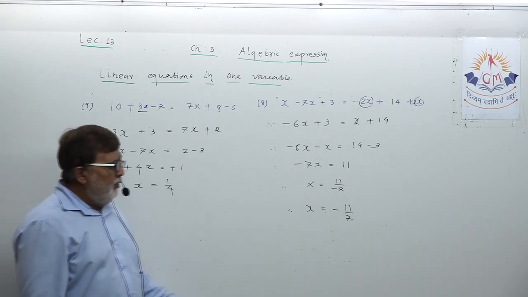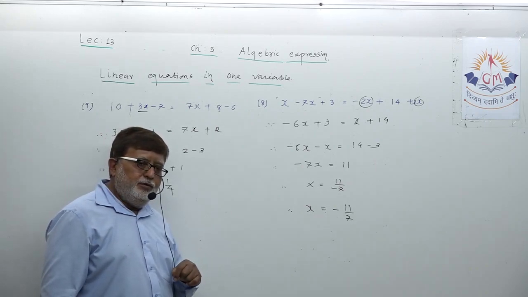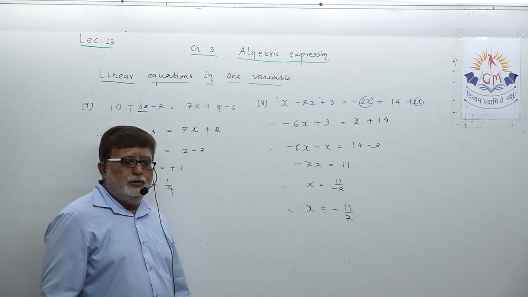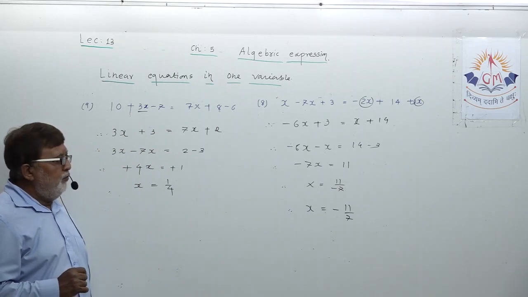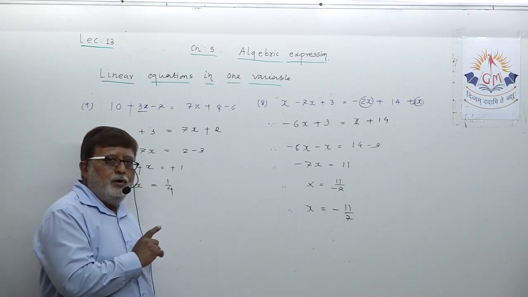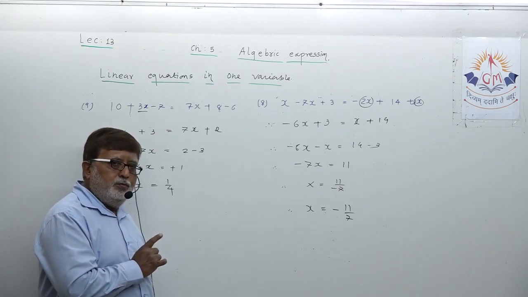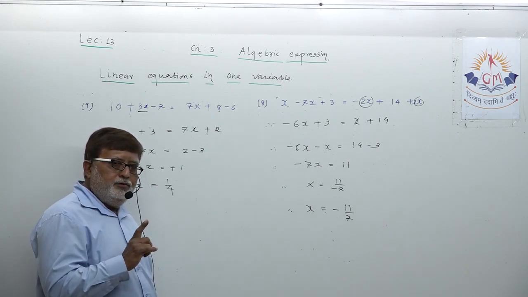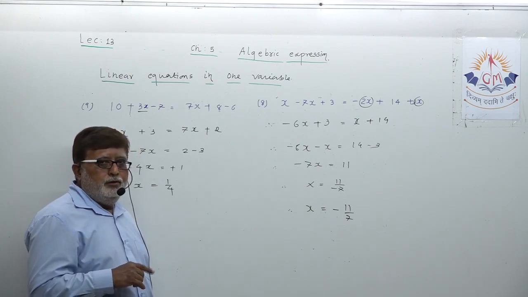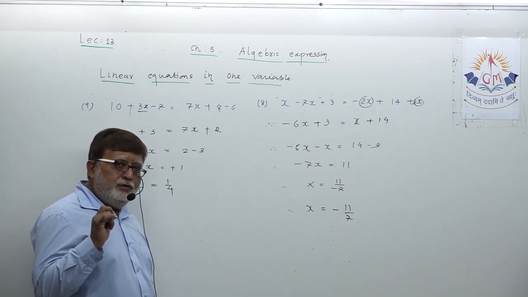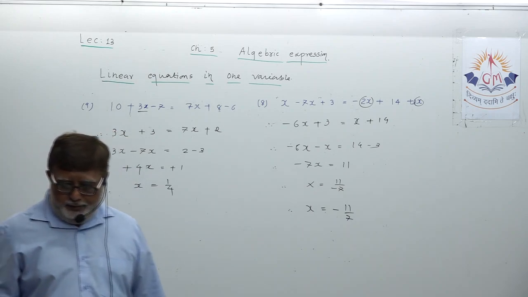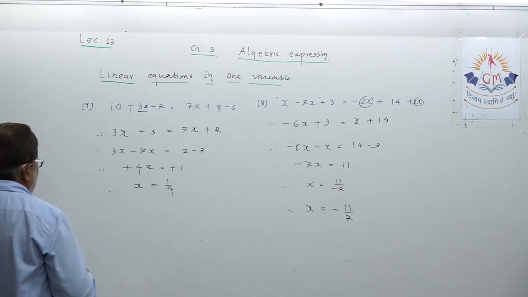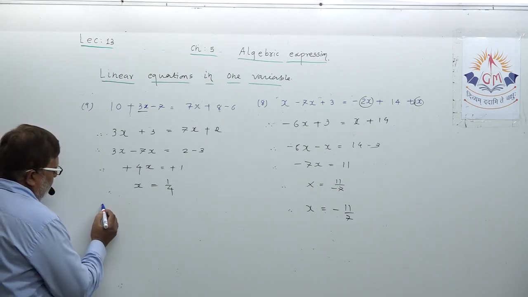Not only that, they are still making mistakes in solving the like terms. That should not happen, dear student. Understand, while you solve like terms, when you perform addition, subtraction, never make any mistake in sign. You should not make any mistake in sign while you solve the like terms, okay? Let us take the next one, example number 10.